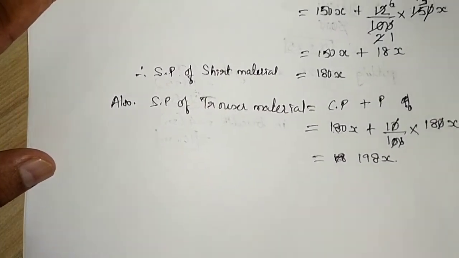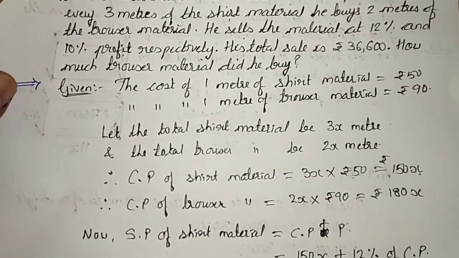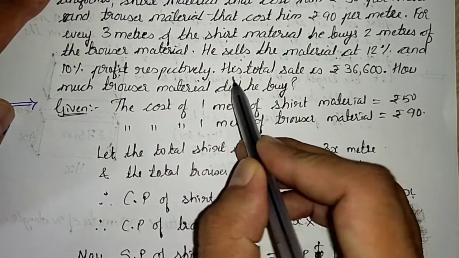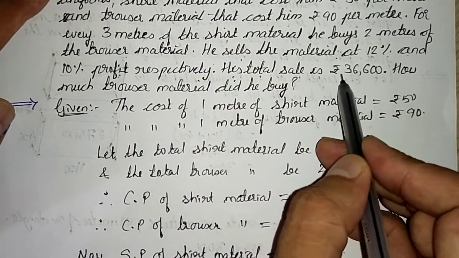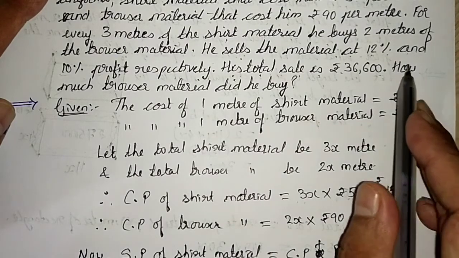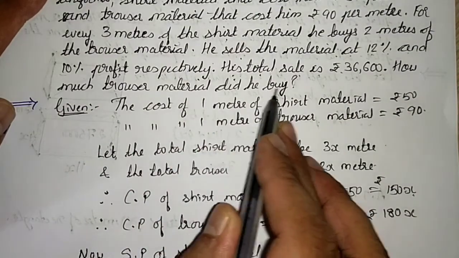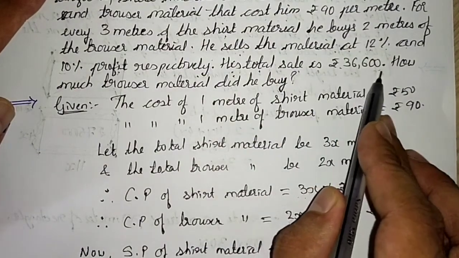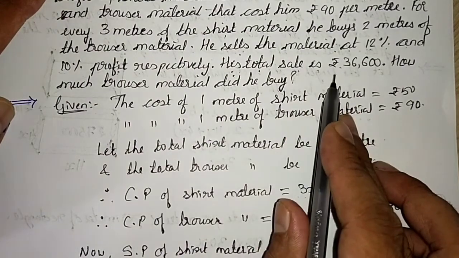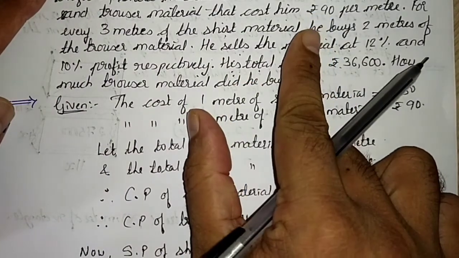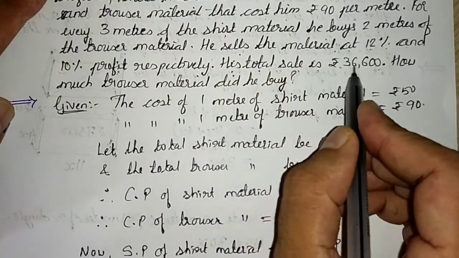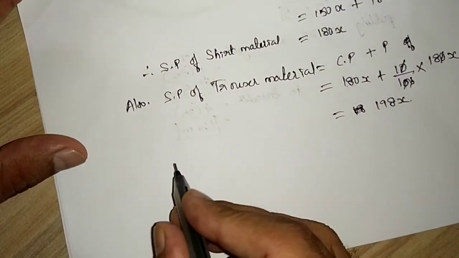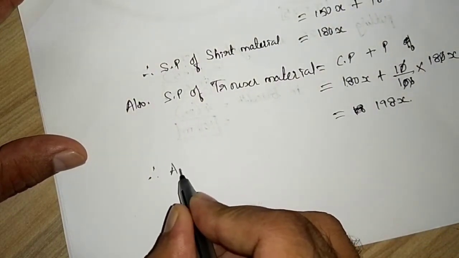Now we have found selling price also. Now what are they telling us? Let us move further. His total sale is rupees 36,600. How much trouser material did he buy? Total sale means selling of trouser and selling of shirt. If we add them, we get 36,600. So we will write, therefore, according to the question,